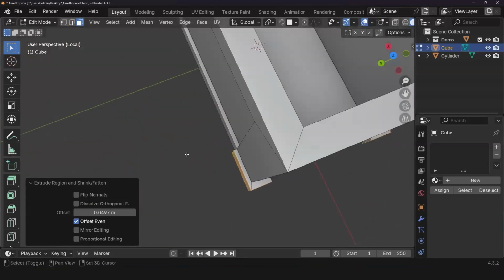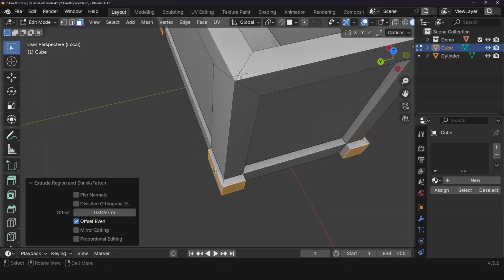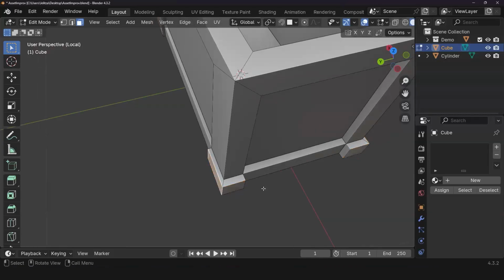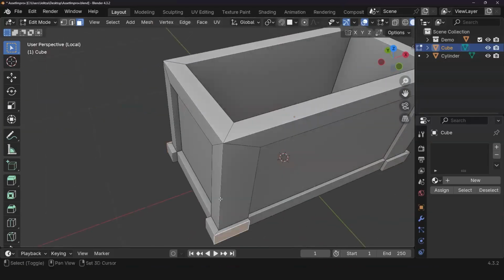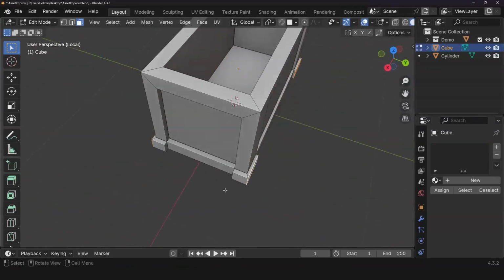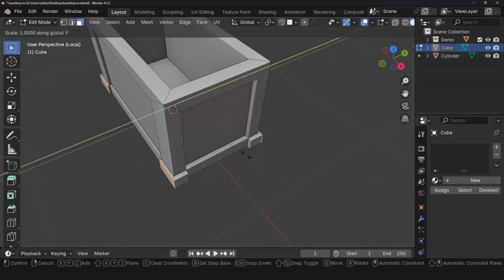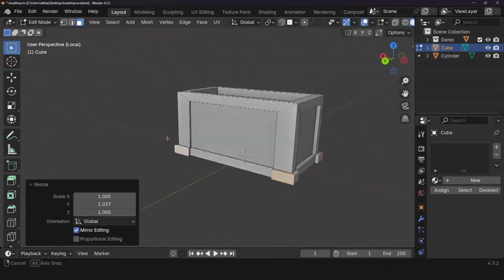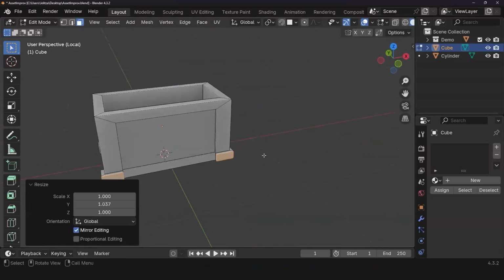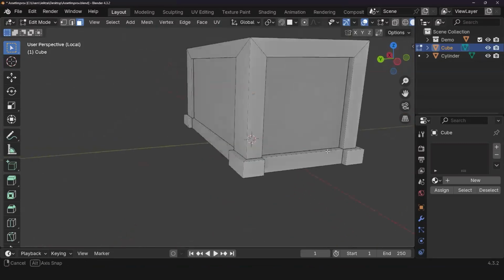Now we're pretty solid, except this direction I'm not really a fan of. So I could just select those faces and make those a little even. Then I'm going to press S to scale along the Y axis, nudge that a little bit, and everything is good with the world. Yes, all right, I kind of like it.